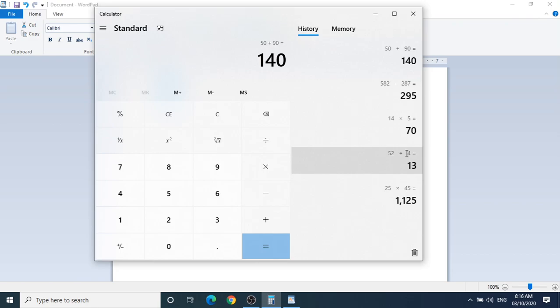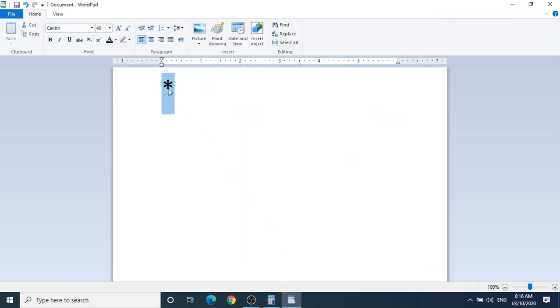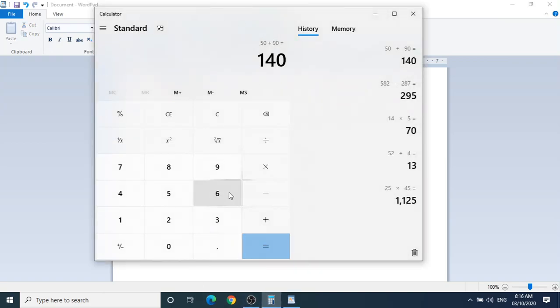Multiplication sign and division sign. The multiplication sign I have already shown you. It is called the asterisk sign. It is on the number key, number 8. It is an asterisk sign, the multiplication sign. And I will even show you the division sign. This is the division symbol used in the computer. The first one is multiplication and the second symbol is division. So this is your calculator. I'll clear it and then I'll close it.